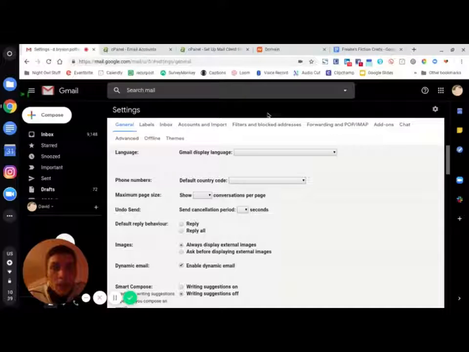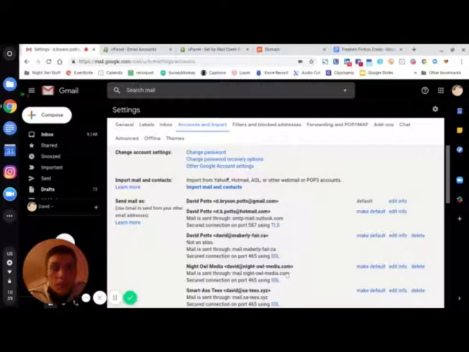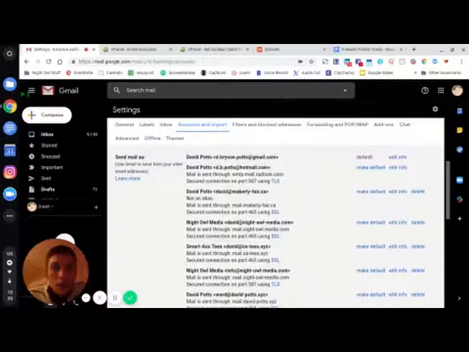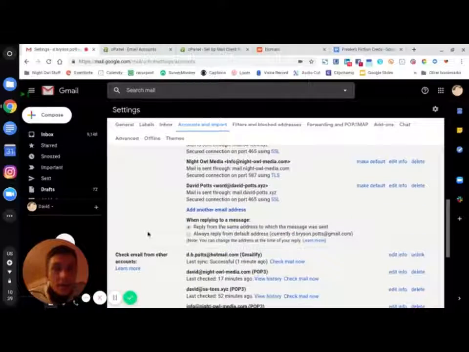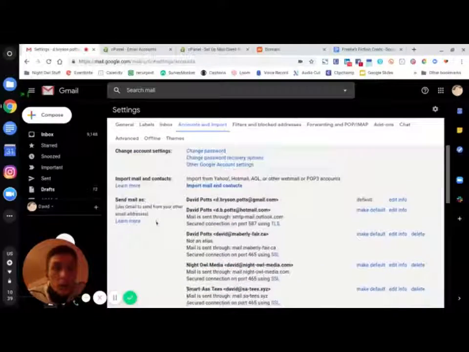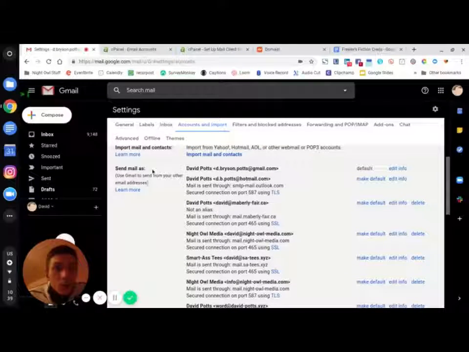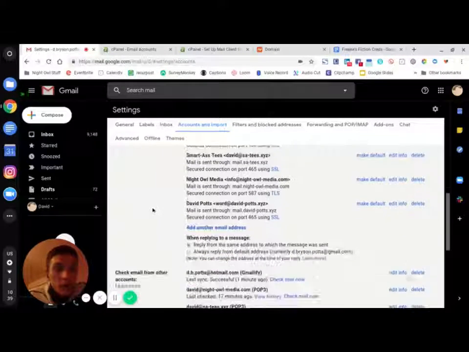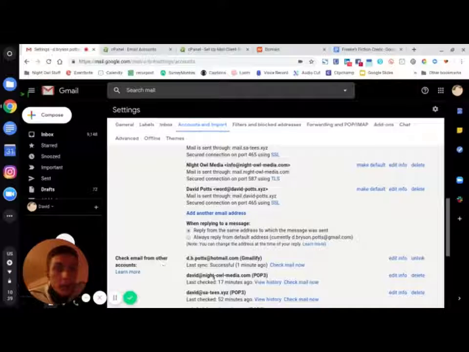We're going to accounts and import. And then you see 2 different sections here. You'll see send mail as and check email from other accounts. So in most cases, you want to both be able to send mail and check mail as your email addresses,